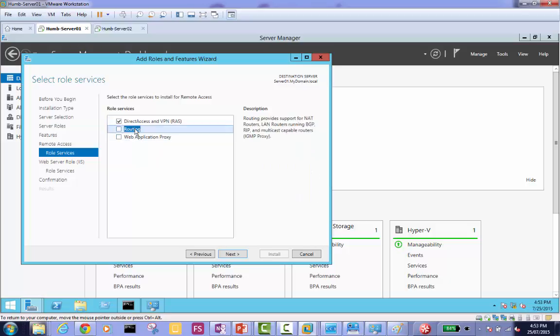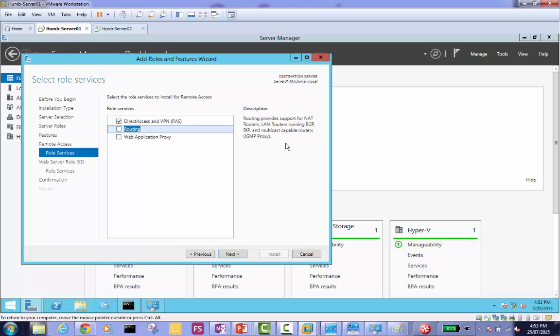So routing is that if you want to create a Windows router. What is a Windows router? What we are about to create now is actually also exactly that. It's going to be a Windows router, but it will be working as a gateway. So this means two separate ranges' clients can communicate with each other through the Windows router. One network card which we just gave the 10 range, and the second network card we just gave 192, and we're going to be able to communicate. That's going to be routing enabled, but this routing also supports some routing protocols like BGP, RIP,